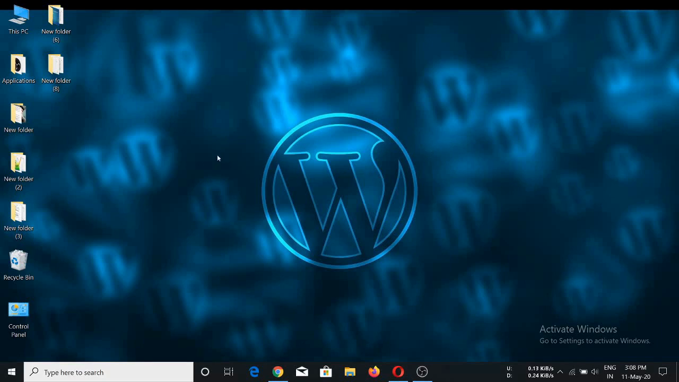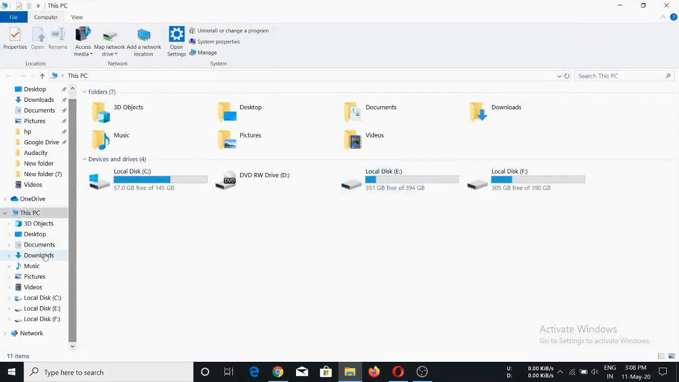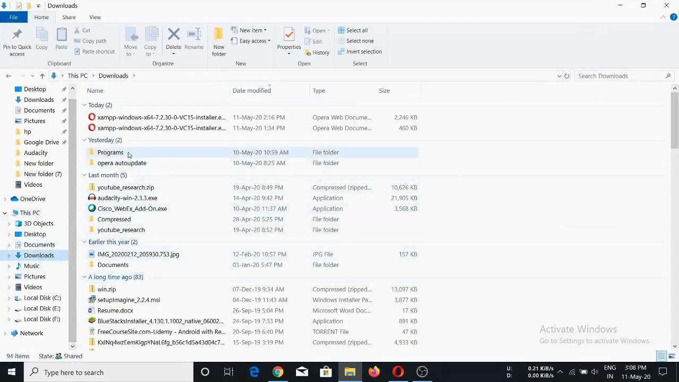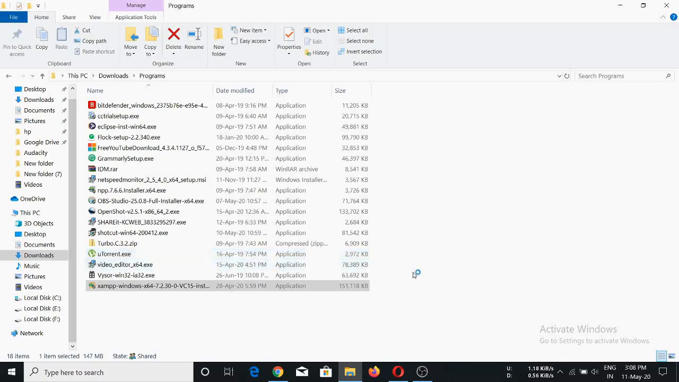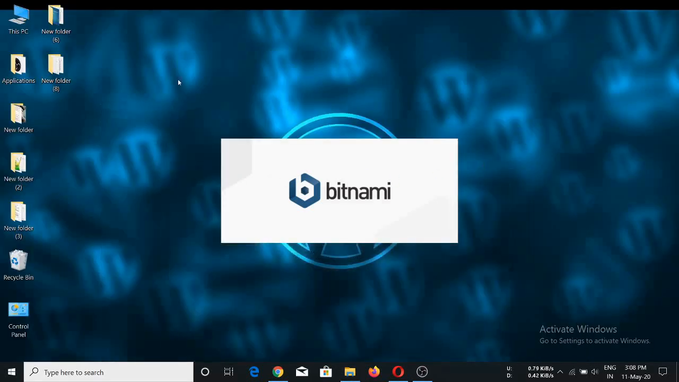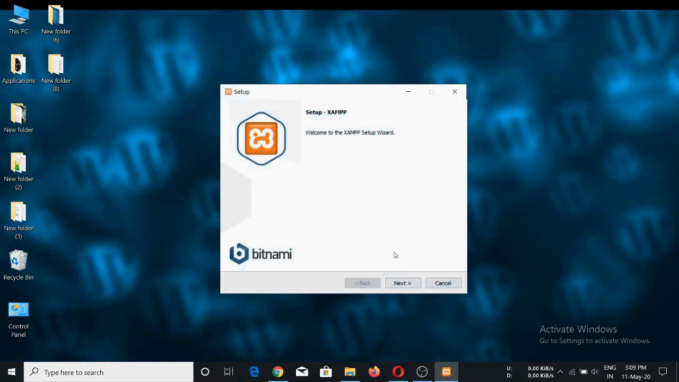So after the download has been completed, go to the folder where you have downloaded XAMPP. I have downloaded it in the download folder, in the programs, and here it is. Double click on it, click on yes, and the installation process will begin shortly. Click on yes, OK, next,